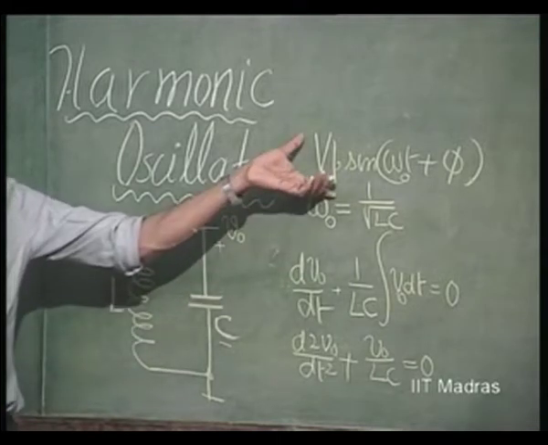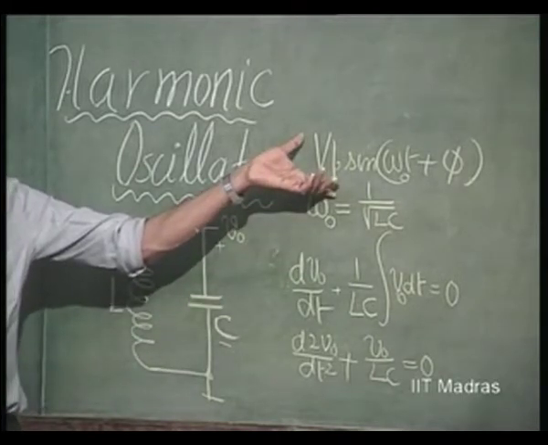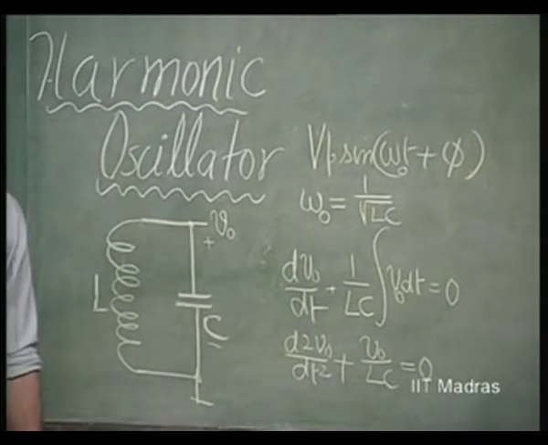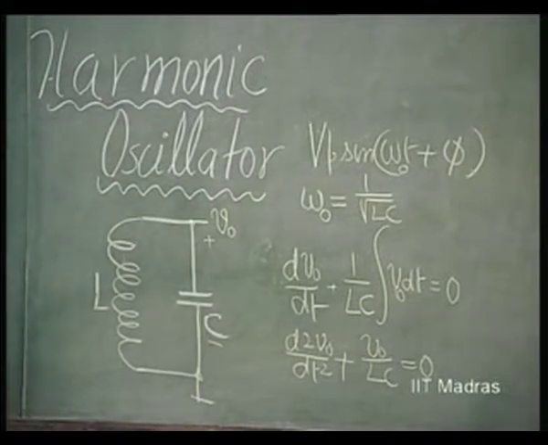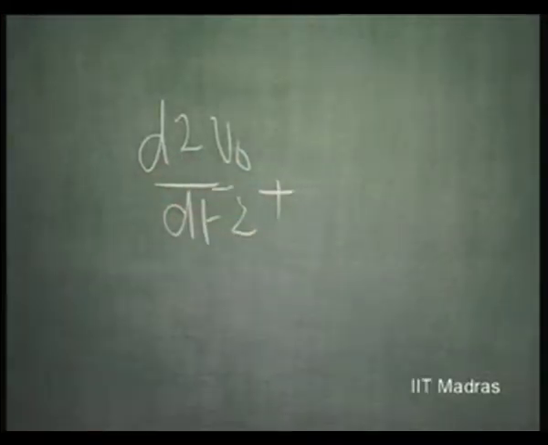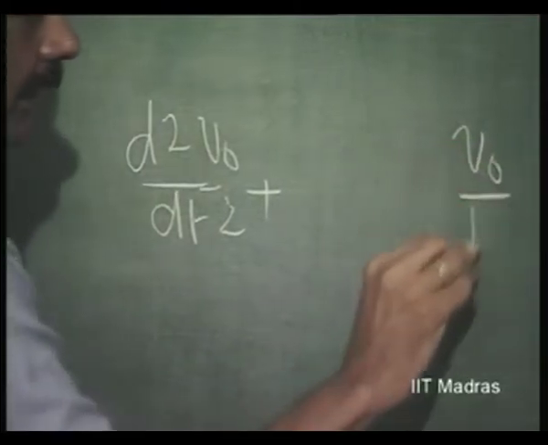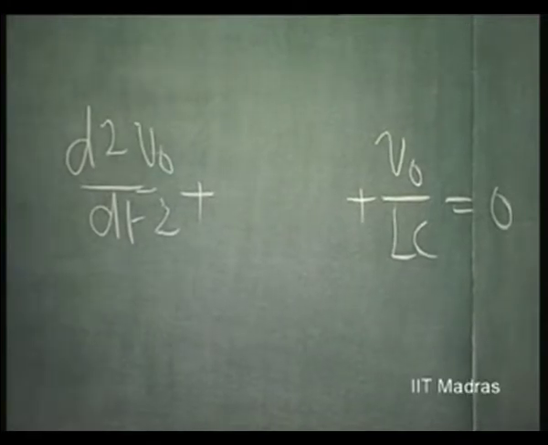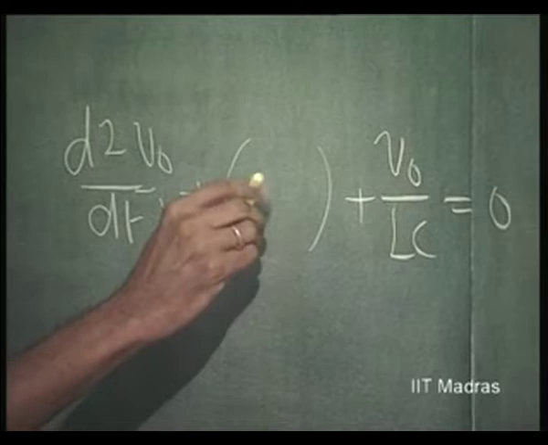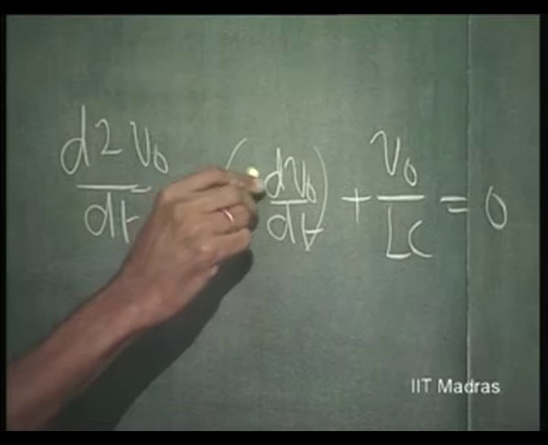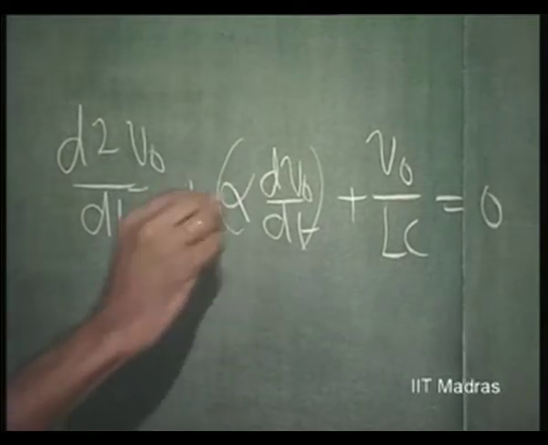That will be sustained throughout with that magnitude, it will not decay or grow. So, d squared V naught by dt squared plus V naught by LC equal to 0 gives you a sinusoidal oscillator, right. If the coefficient of dV naught by dt, which we had earlier put as some alpha or something like that,